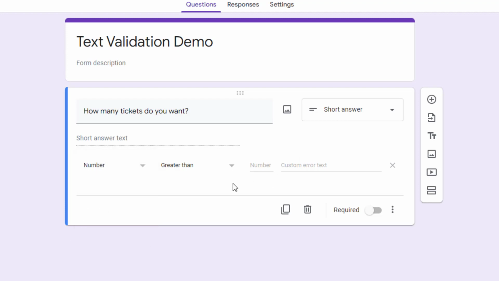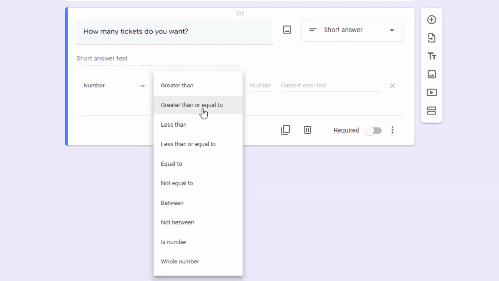So within numbers, we have a bunch of different choices. We can make the number have to be greater than or equal to, less than or equal to, and so on. We also can just take general numbers. So we've got isNumber, which can take whole numbers or decimals, or we've got whole number, which will limit you to just whole numbers.